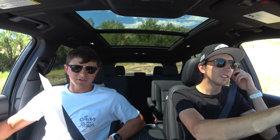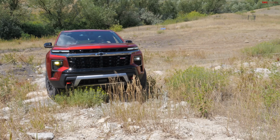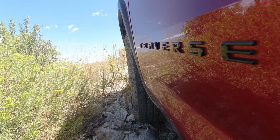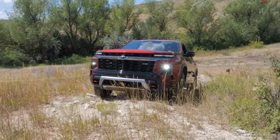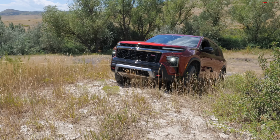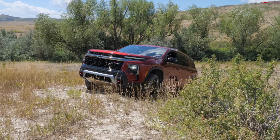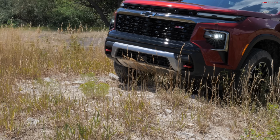Yeah, you do have to give it quite a bit of throttle. Like I'm almost to the floor. Not quite to the floor, but pretty close. Which is why, again, it's nice to have a vehicle with an actual low-range transfer case that's going to multiply the torque you can put to your tires by quite a bit. So something that's a more dedicated off-road rig will have that. So if you really want a vehicle that's going to be substantially more rugged...